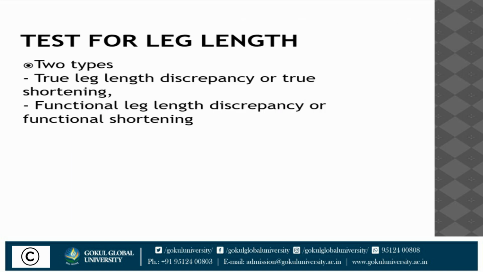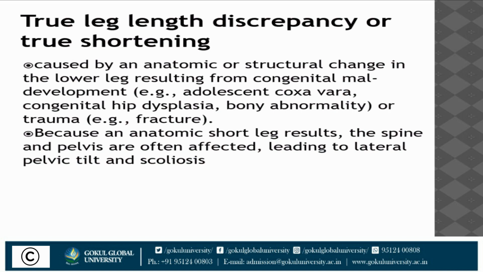Next is test for leg length. Now leg length can be of two types: true leg length discrepancy or true shortening, functional leg length discrepancy or functional shortening. True leg length discrepancy or true shortening is caused by an anatomical or structural changes in lower leg resulting from congenital maldevelopment. For example, in adolescent Coxa-Vara, congenital hip dysplasia, bony abnormality, or if there is any trauma,